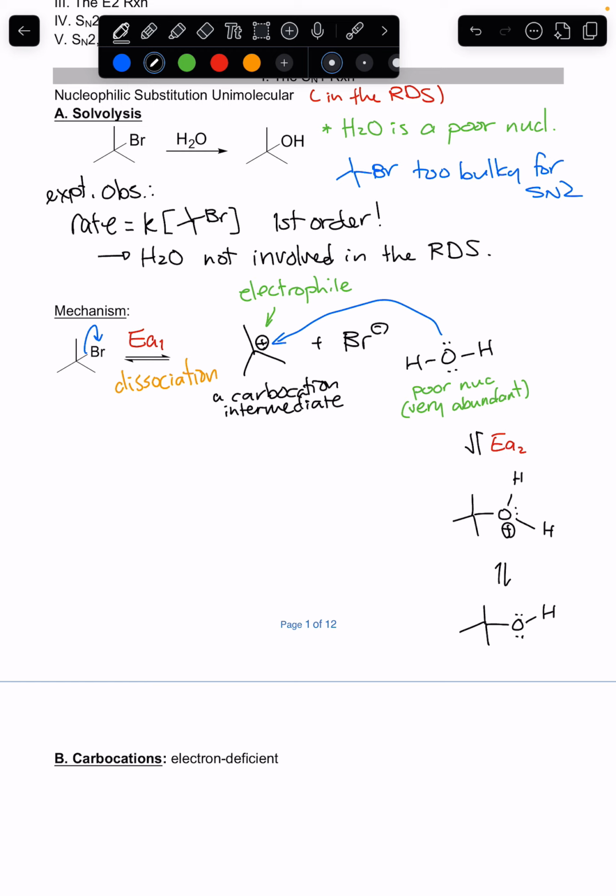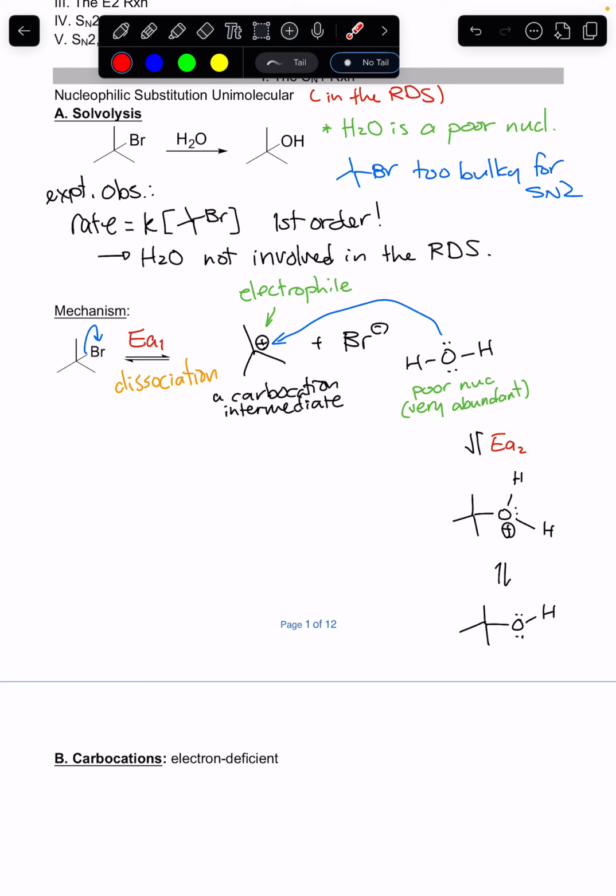Now there's two choices here. Bromide is negatively charged, so it could act as a base. Or remember, the most abundant species is the solvent, the water molecule. And so for that, because remember, solvent is the major component of your solution. Those are both